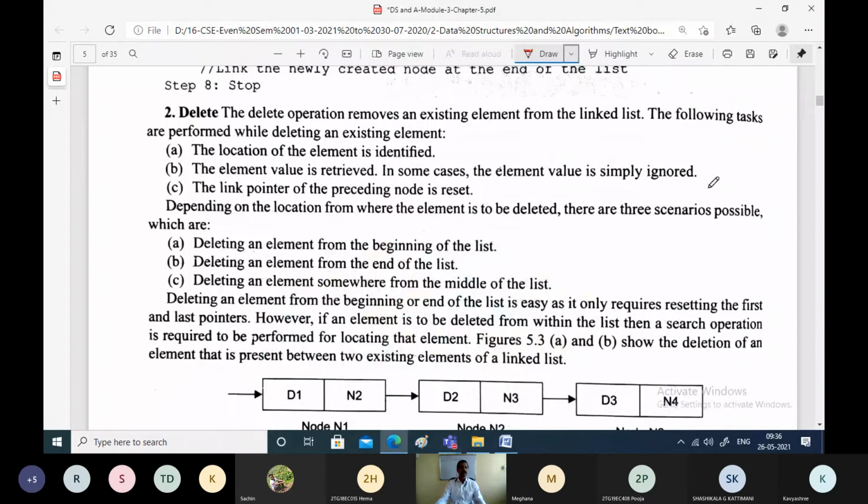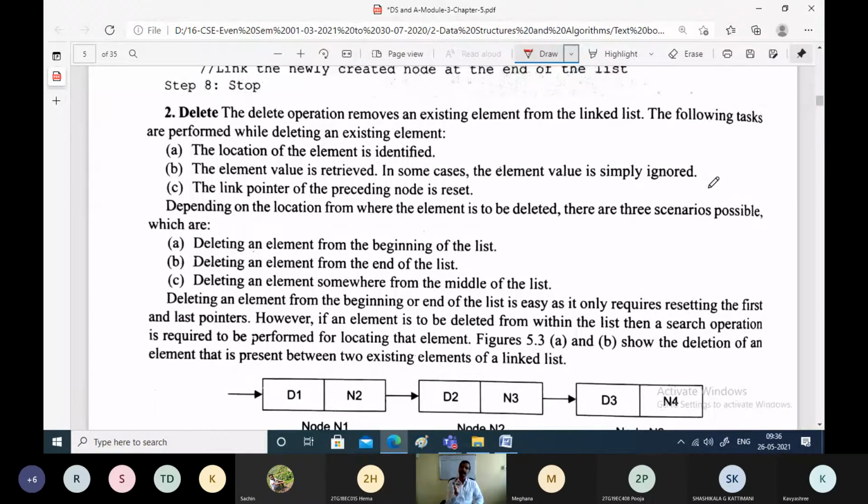Very good morning. In this class, we will be discussing the procedure or algorithm to delete an element from the existing linked list. Whenever you want to delete an element from the linked list, the procedure is a little complex. You have to search for the element in the linked list first. If 10 is told to be deleted, you should first find the 10 in the linked list, and then delete that particular element.